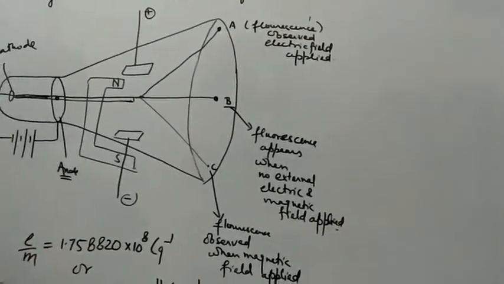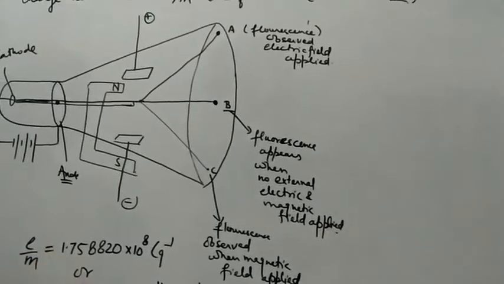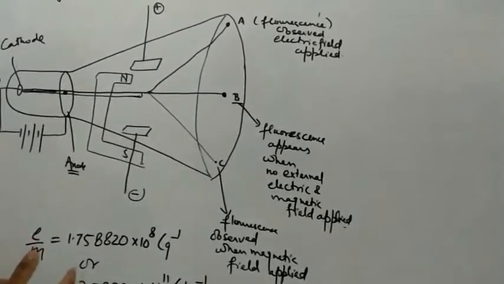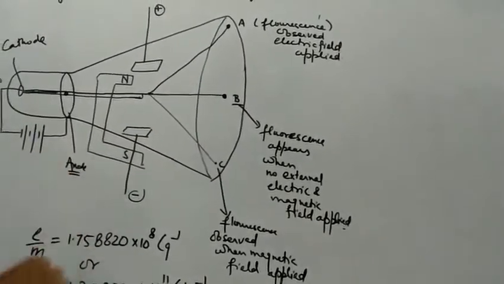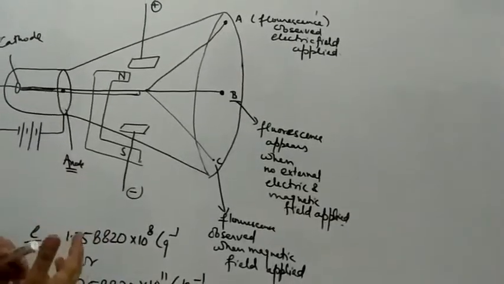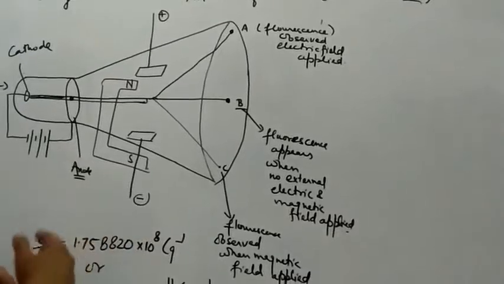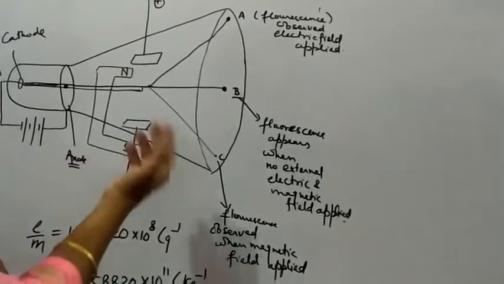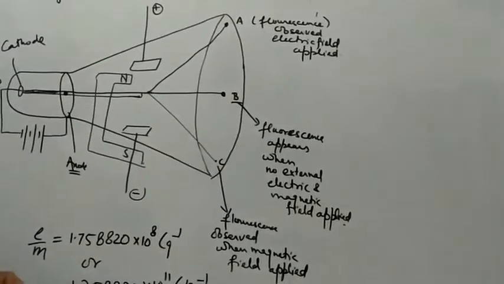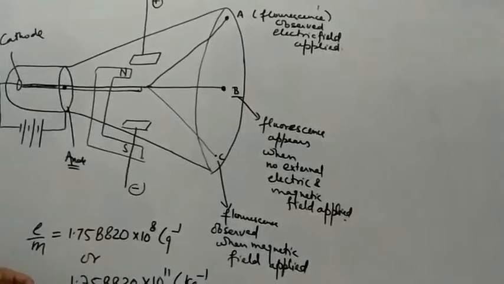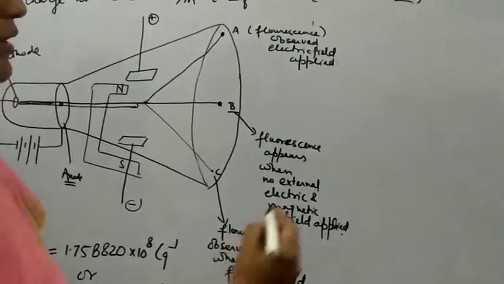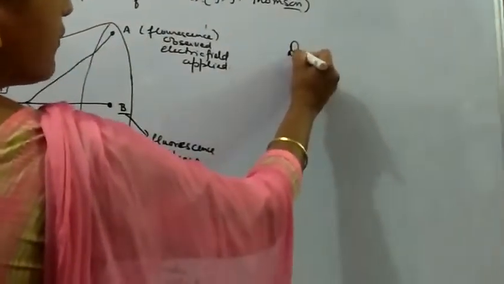Second, it will depend upon the charge on that negatively charged particle, what is the magnitude of the charge on that negative particle. Greater the charge, greater will be its attraction or interaction toward the field which is being applied. And third, it will depend upon the magnitude of the external electric field and the magnitude of the magnetic field.